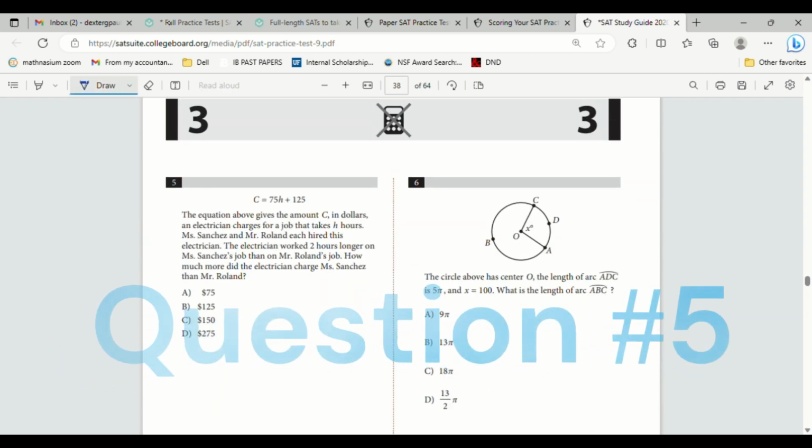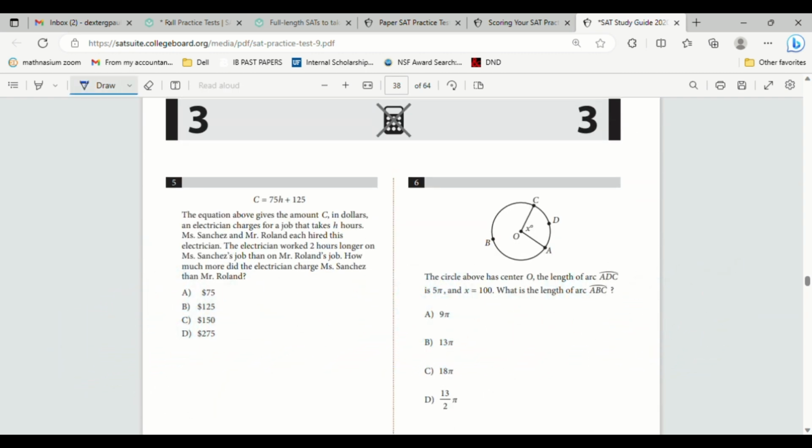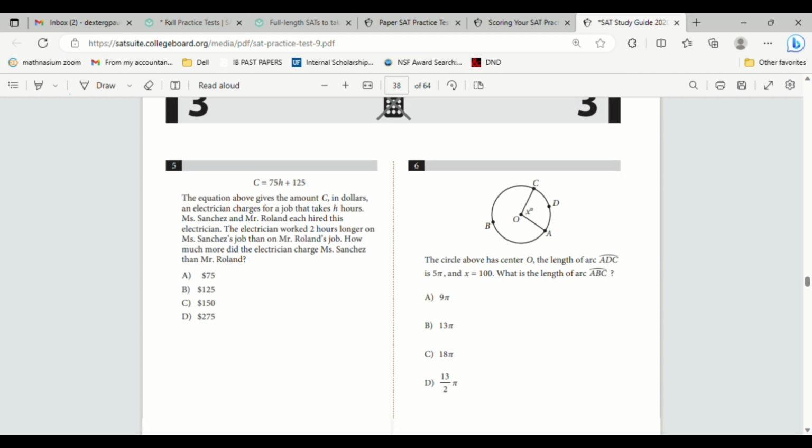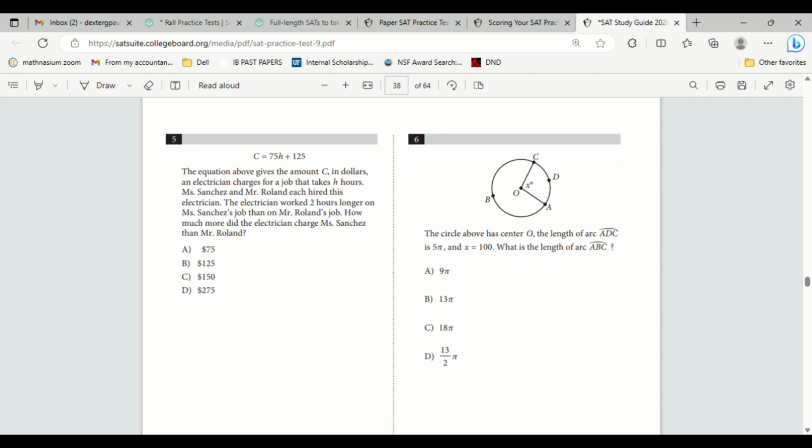Number 5, the equation above gives the amount C in dollars an electrician charges for a job that takes h hours. Miss Sanchez and Mr. Rowland each hired this electrician. The electrician worked 2 hours longer on Miss Sanchez's job than on Mr. Rowland's job. How much more did the electrician charge Miss Sanchez than Mr. Rowland? So let's say that the electrician worked for 1 hour